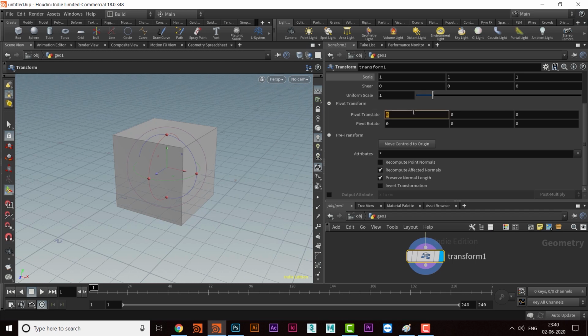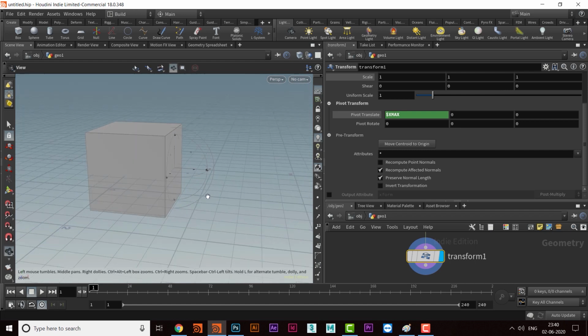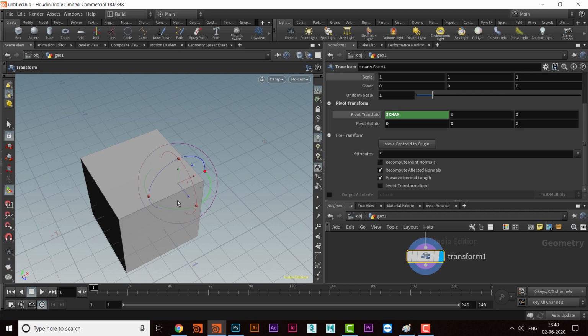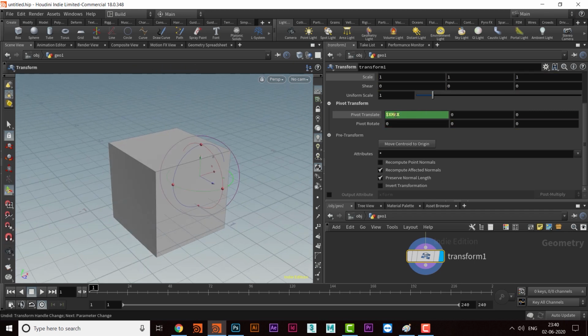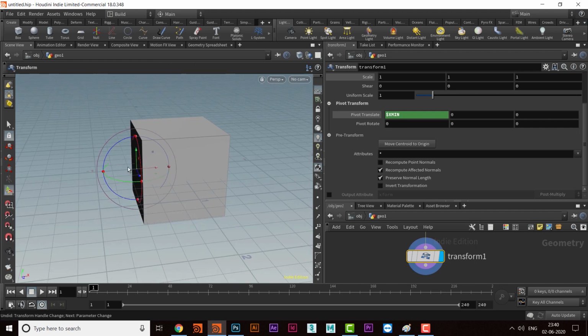So I will do dollar x max, and this time only the pivot point will move to the maximum value of the box. And if I do x min, then the pivot will be moved to the minimum value of the box.